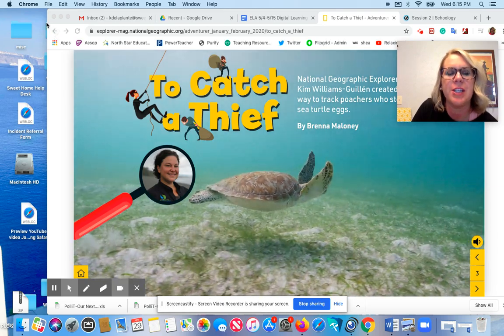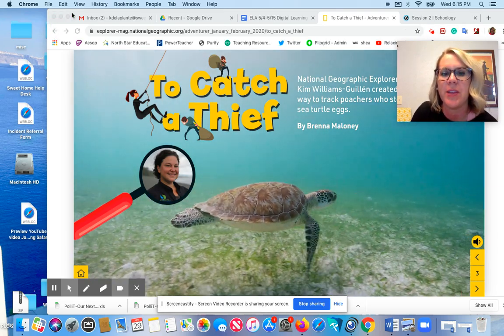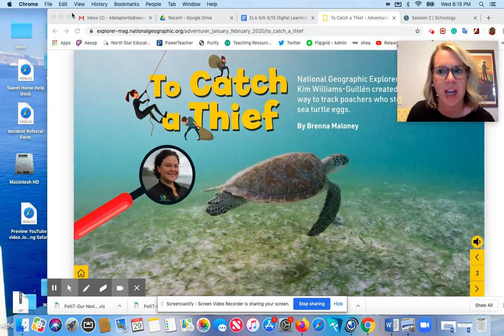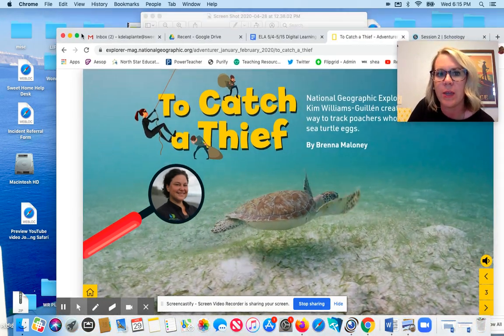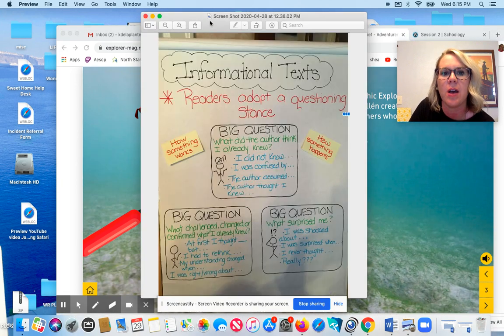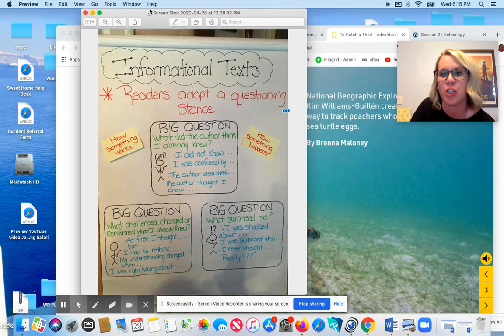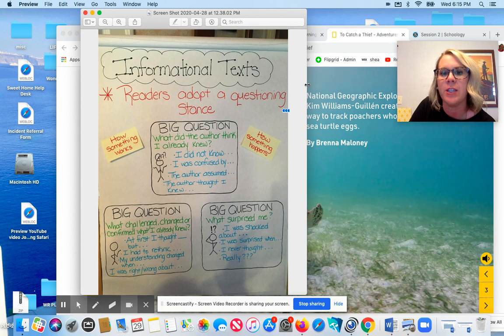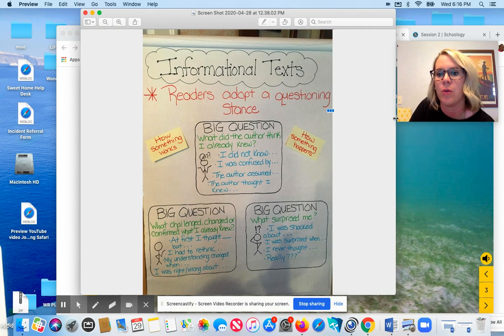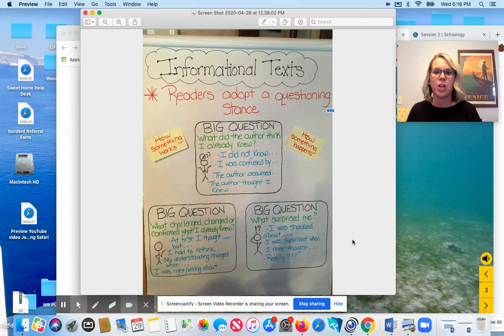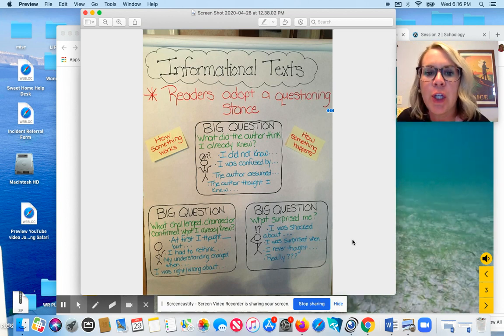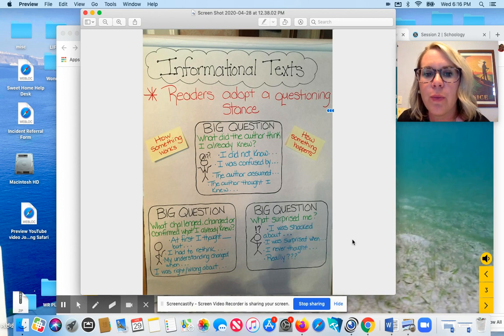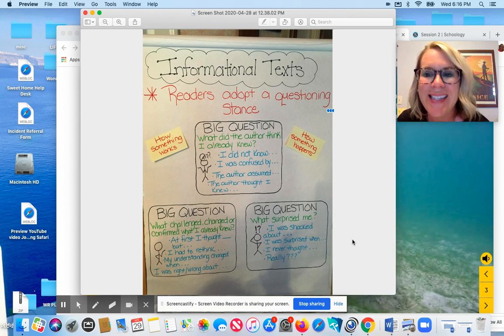Everybody, we're going to continue our work with this informational text called To Catch a Thief. Yesterday you were orienting with the text and discussed those three big questions that informational text readers should be looking at. So I'm just going to go over here and take a look at the anchor chart that we created last week. Again, we're going to focus on